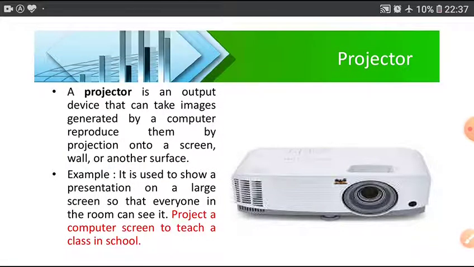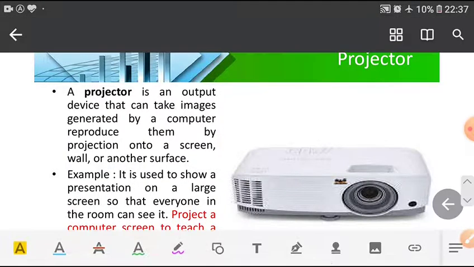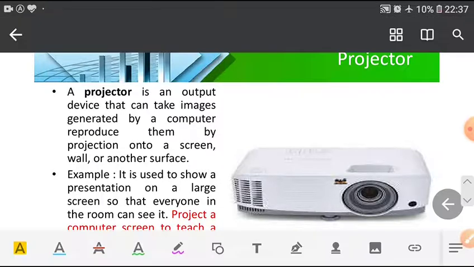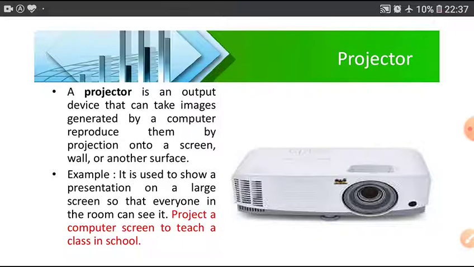Now, projector. A projector is an output device that can take images generated by a computer, reproduce them by projection onto a screen, wall, or another surface. Example: it is used to show a presentation on a large screen so that everyone in the room can see it.